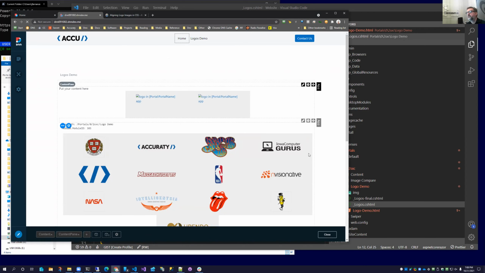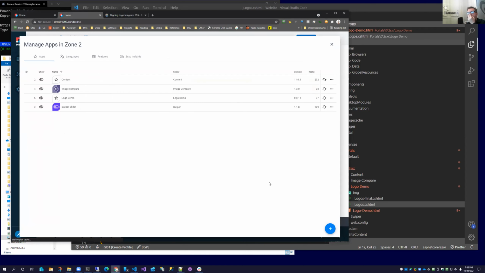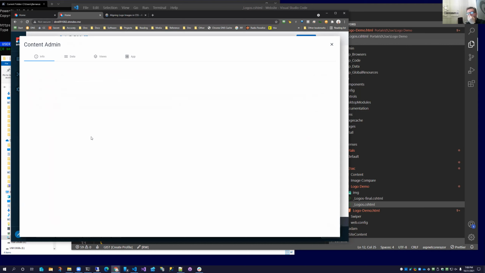Fine, I'll do it on the home page. There we go. So now we're a level above the apps and we can see the zones we're in. These are the IDs for the zones. So there's the content app. Here's my logo demo app, which is ID number 5, zone number 5. So I'm going to go down into the content app.